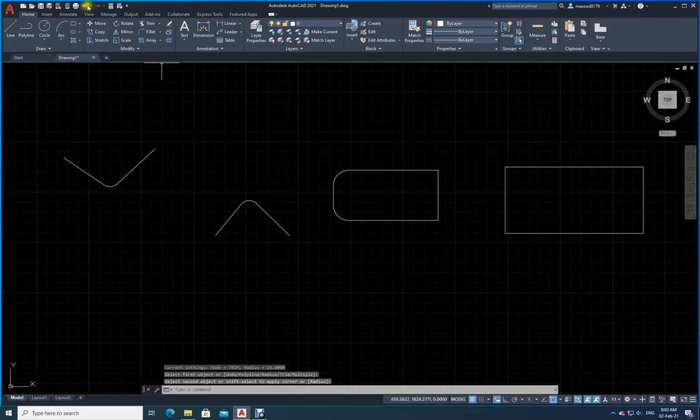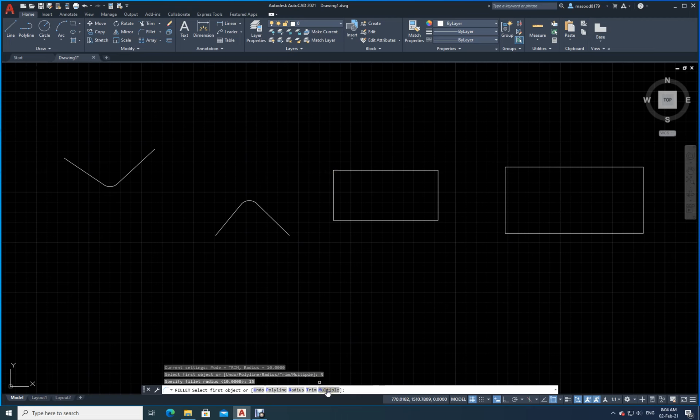So instead of this, what can you do if you have to do multiple fillets? Now I will launch my fillet command. In the bottom, in the command line, you can see something called multiple. I will click on multiple. I have already selected the radius. Let me escape again and redo it. I will go to fillet. First I will see the radius. What radius am I having? I am having a radius of 10. Let me make the radius 15. Enter. Now instead of selecting the lines here, I will go and click on multiple.